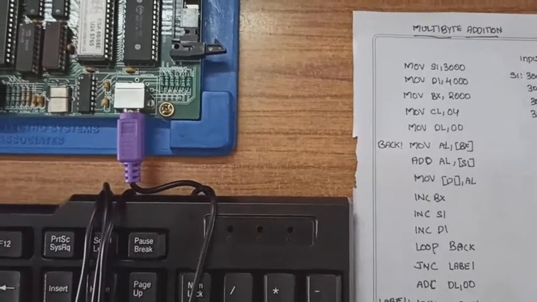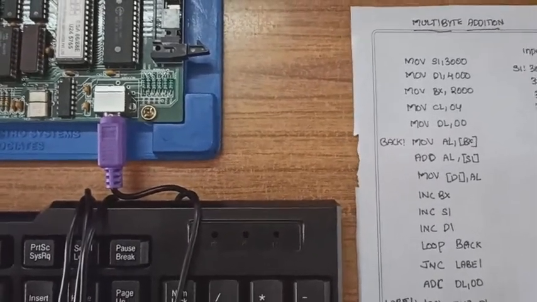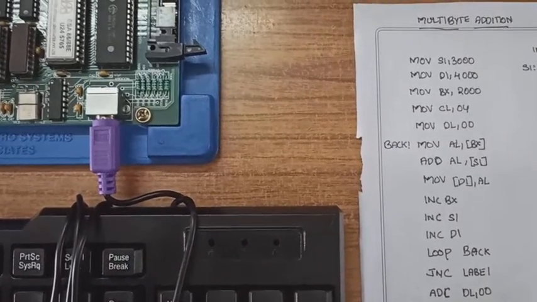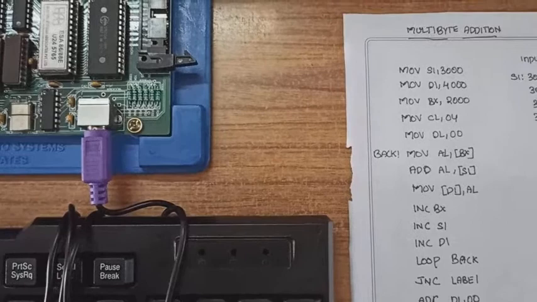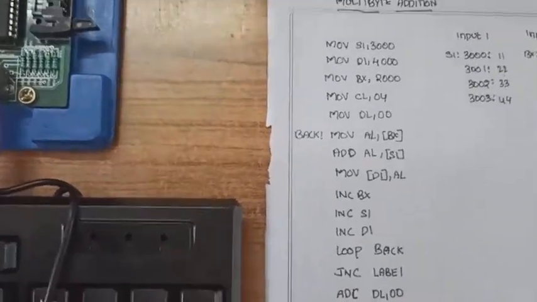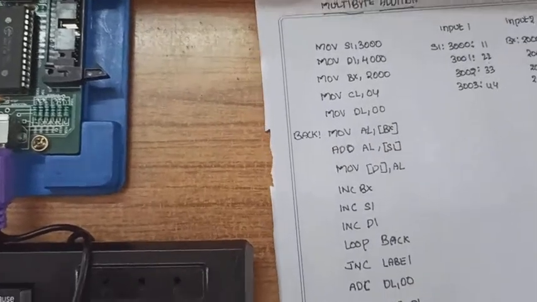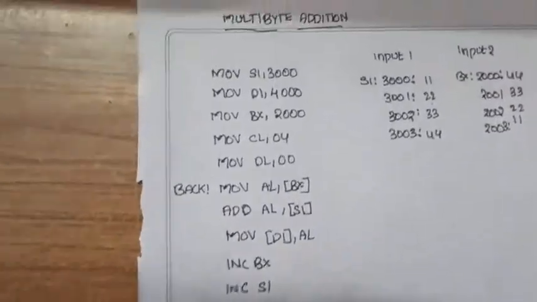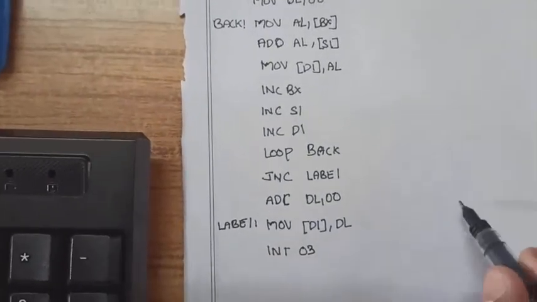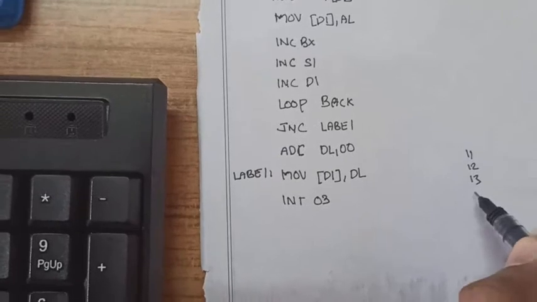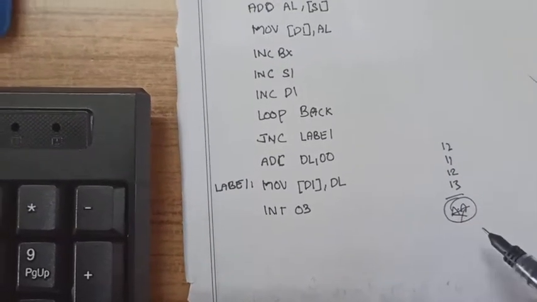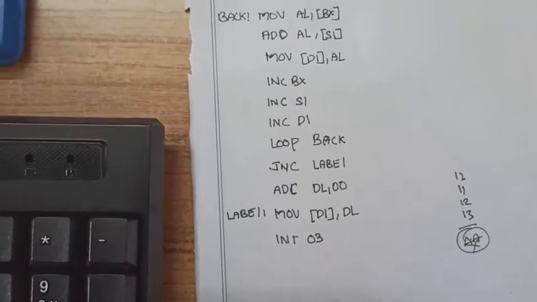Today we are here with one more program called Multi-Byte Addition in 8086 Assembly Language Program in Microprocessors and Interfacing Lab. First, let us understand what this logic actually is. What is multi-byte addition? Previously we did a series of n bytes, n words addition, in which we add a series of data. But now it is a multi-byte addition.